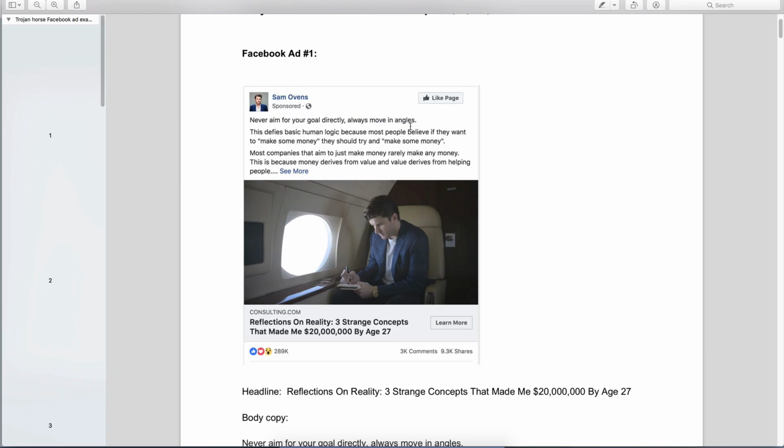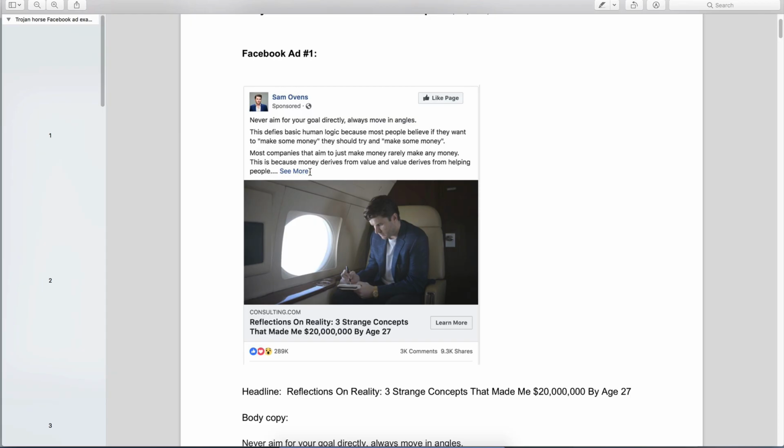And then, people who believe they should make some money should try to make some money. And I'm saying that people who aim to do that don't make any. And so now I'm inverting this public opinion, right? I'm just twisting it upside down. Because a lot of people who want to make money try to make some money, and I'm out here saying that's not how you do it. And so that's what I was saying before, inverting public opinion, and it's a great way to get attention